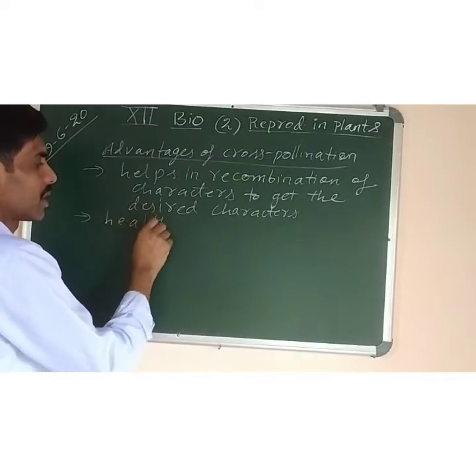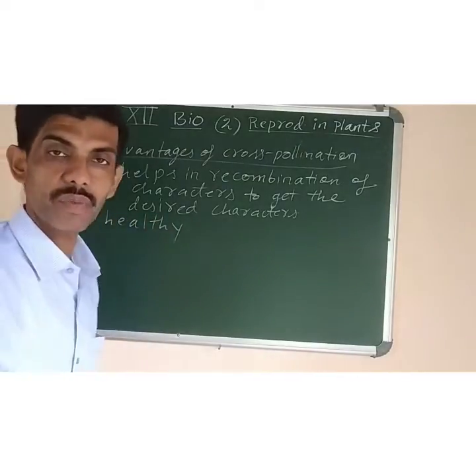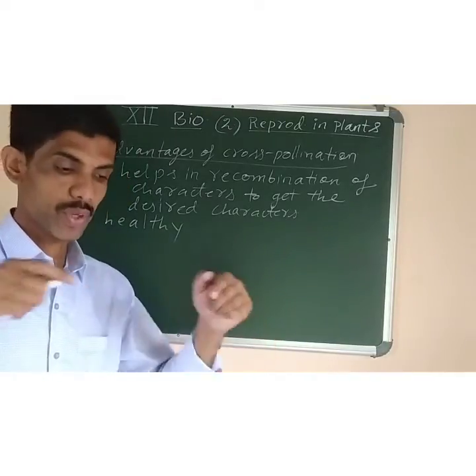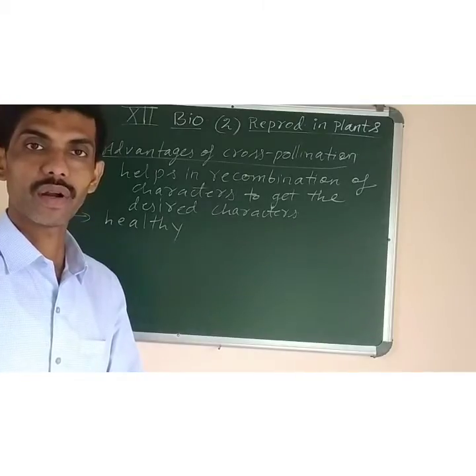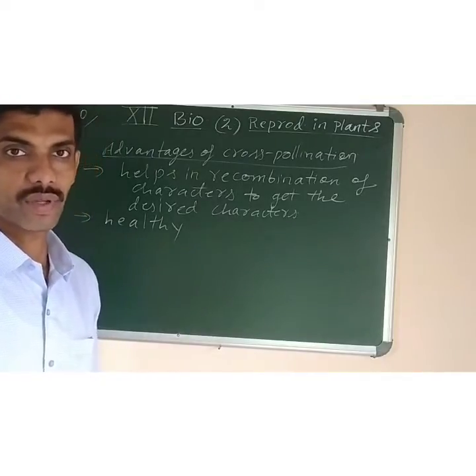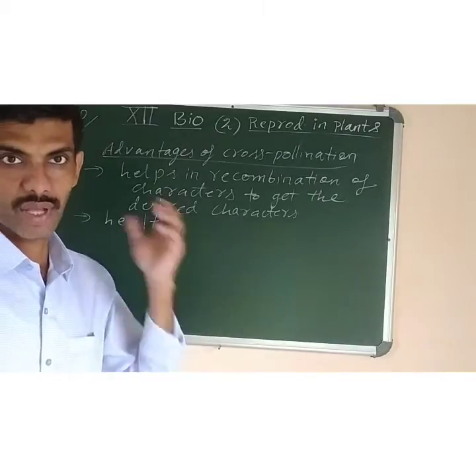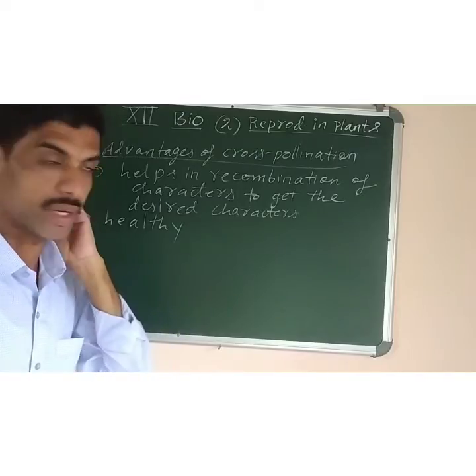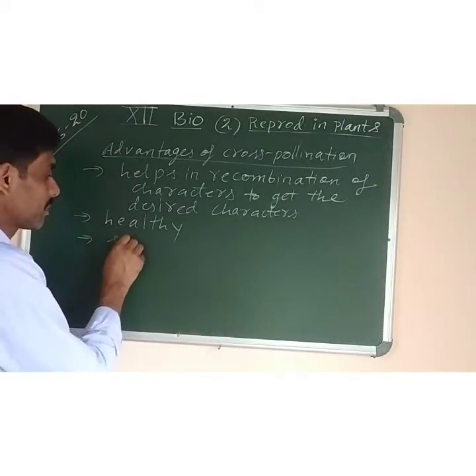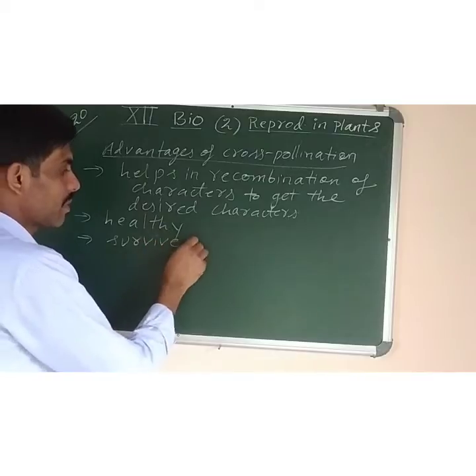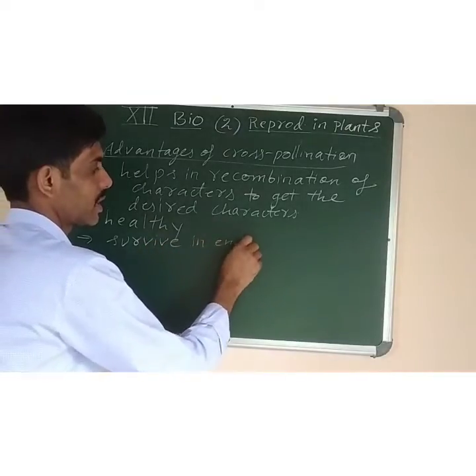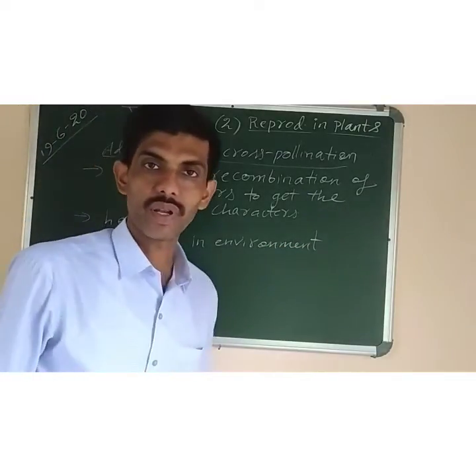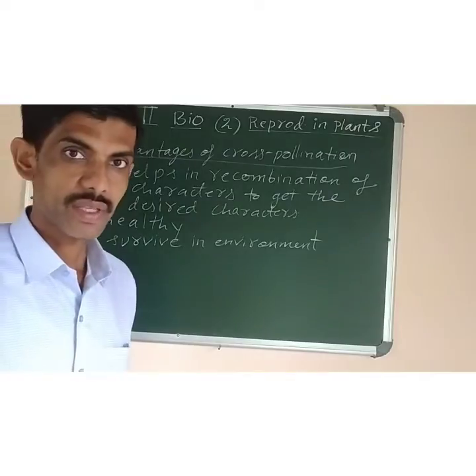Why? Because such plants have recombination of genes in them, which helps to bring the character of two different plants together in the hybrid or the individual which is produced by it. So it has characters of both the parents. So it is well adapted to survive or to adapt in the changing environment. So it has high chances of survival in the environment, far better than the flowers which are pollinated by self-pollination, because it has recombination of genes, and